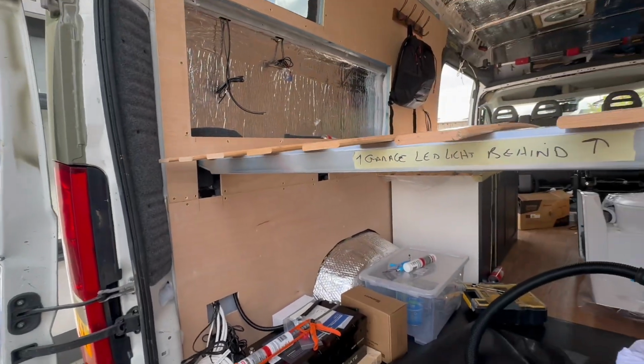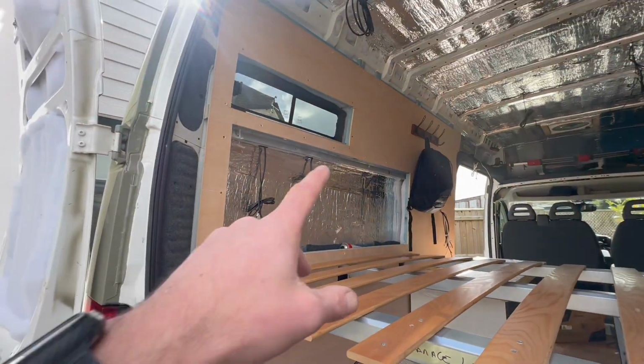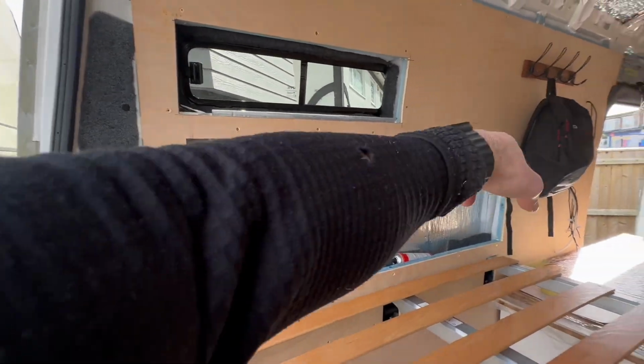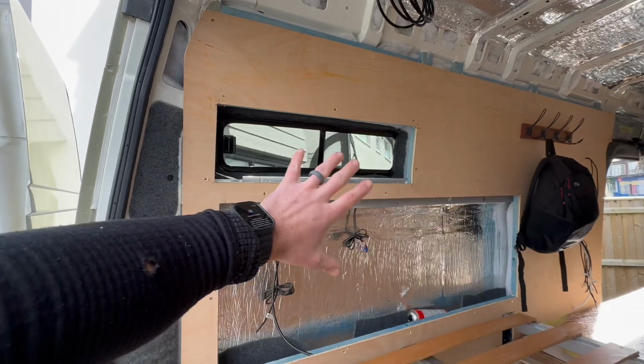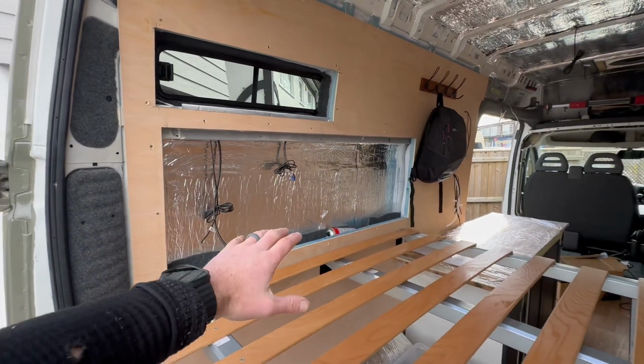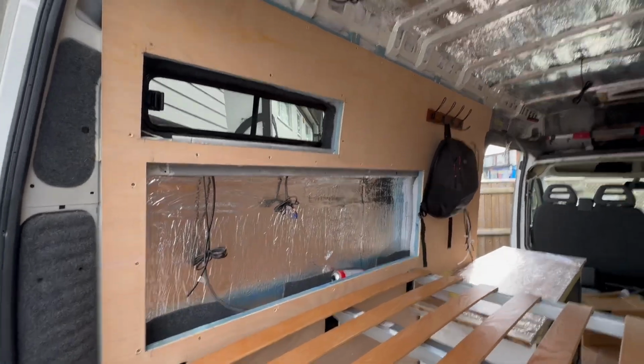So we've got all the ply cut, made the reveals for the mattress to go into, which we're then going to frame off nicely, as well as the windows are all going to be framed off neatly. We're going to have an LED backlight in there, so when the mattress goes in, a little bit of mood lighting. TV up there,